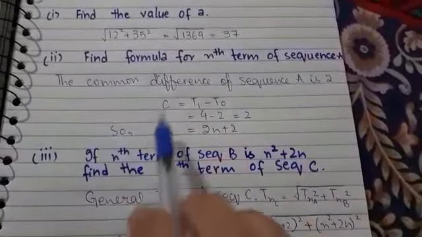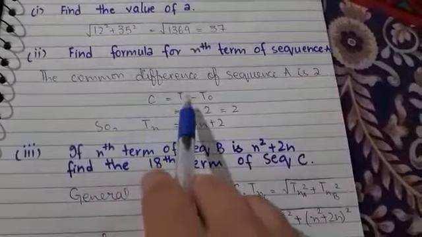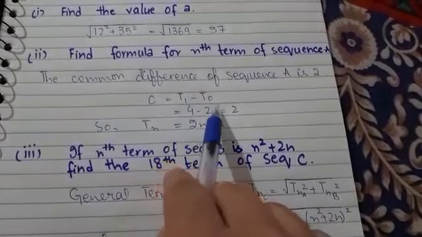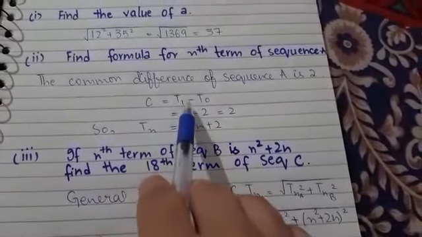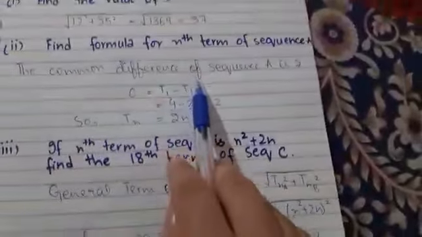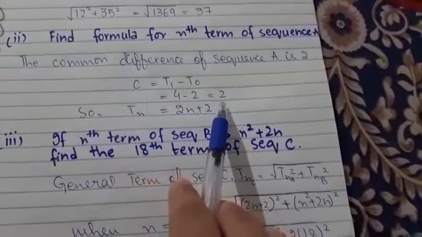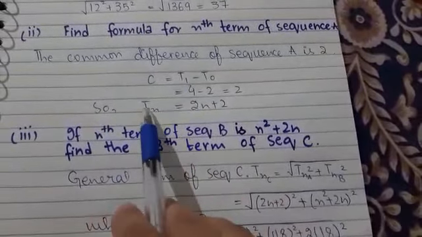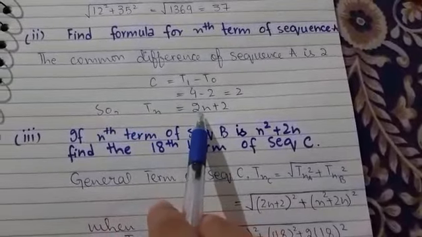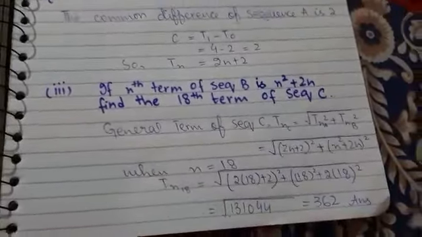Our next step is to find the value of the constant. We find the value of the constant by subtracting T naught from T1. As the first term is 4 and T naught represents the common difference, 4 minus 2 is equal to 2. This means that the general formula becomes Tn is equal to 2n plus 2. Now the third part